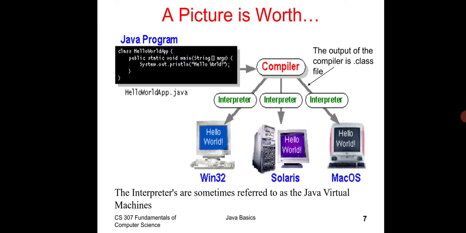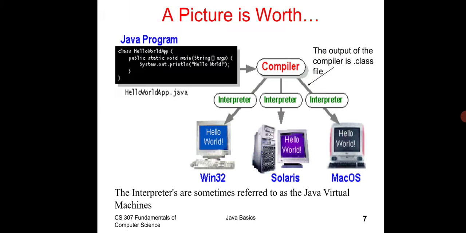This is a basic simple hello world program. We have class HelloWorldApp. Here the starting letter of the class is a capital letter. Then public static void main. This is the main method. For all Java programs, we should have a main method. The main method should have the public access specifier. Then it is a static method. What is static in the sense that without creating an object we can call the particular main method. That's why we define that method as static.